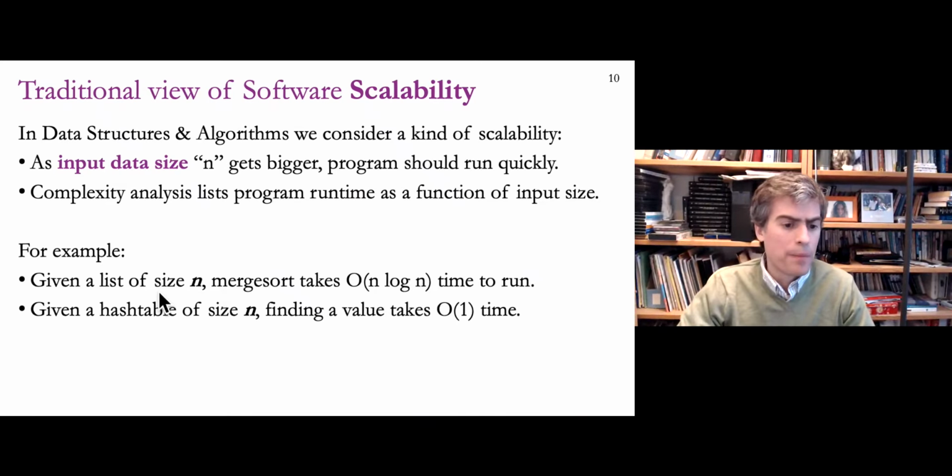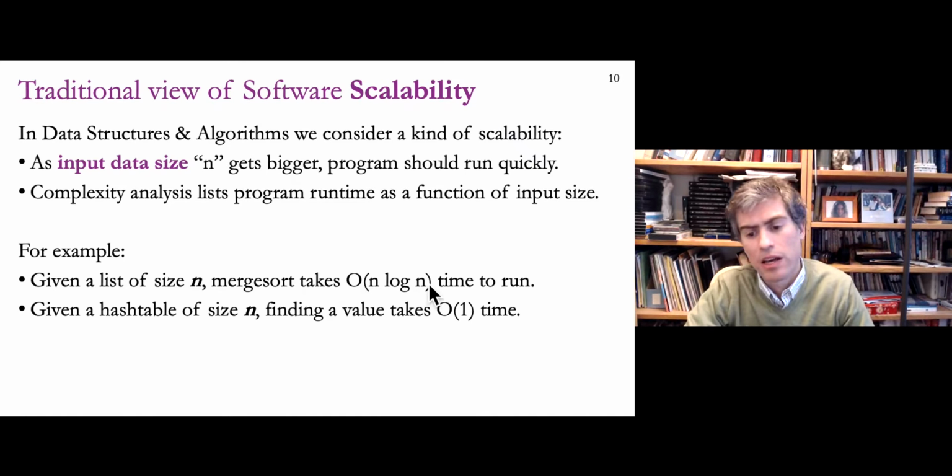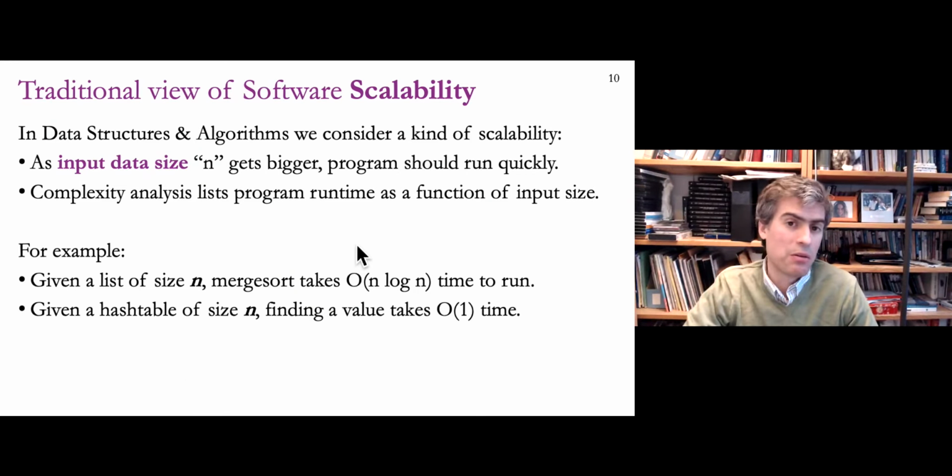So, for example, if we're talking about sorting, merge sort is an efficient, popular sort. Given a list of n items that need to be sorted, it takes n log n time for merge sort, in the worst case, to run. Okay. Similarly, if you have a hash table of size n with n values, finding a particular value on average takes constant time, big O of 1. That's a kind of scalability analysis that's useful, but it's not exactly what we're going to be covering in this